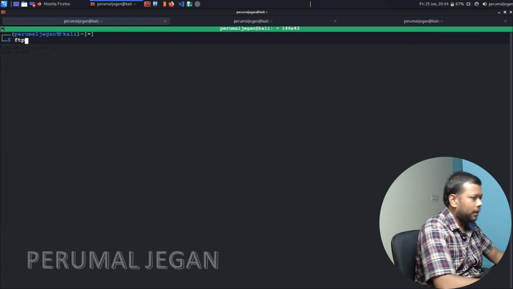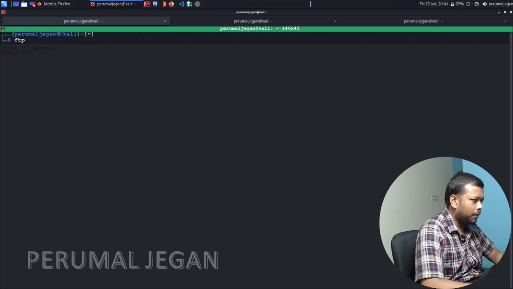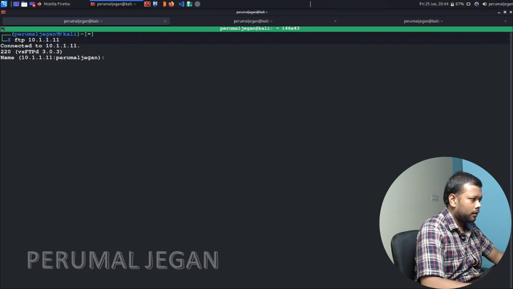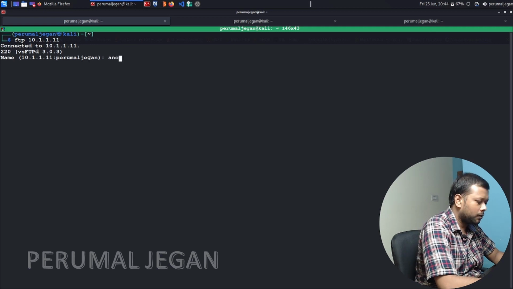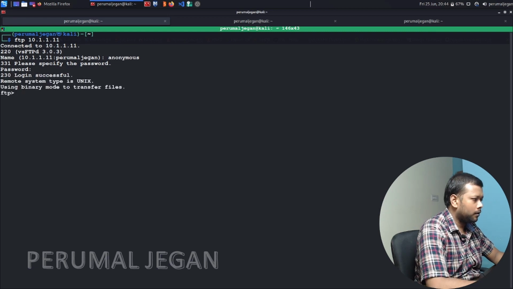To log in to the FTP, the command is ftp and the IP address. The credentials: username is anonymous and password is anonymous. Okay, now the prompt changed.